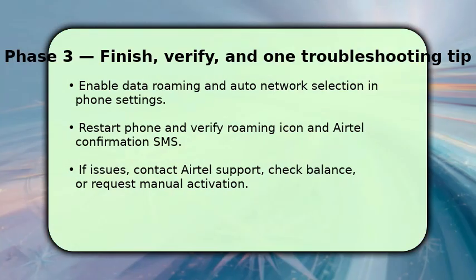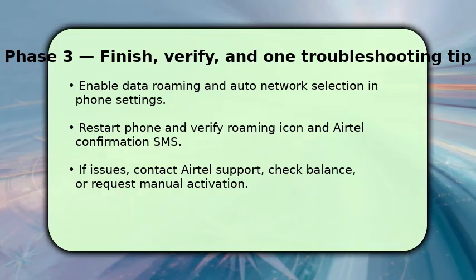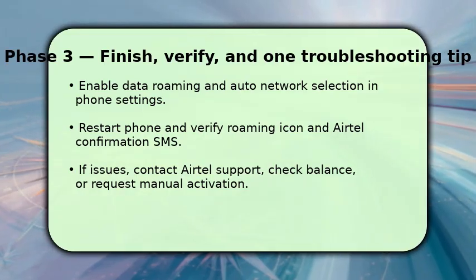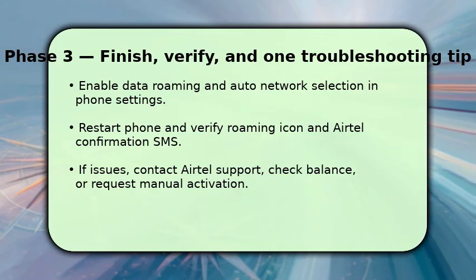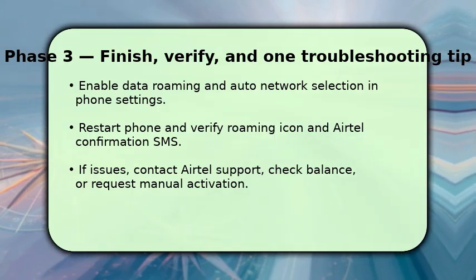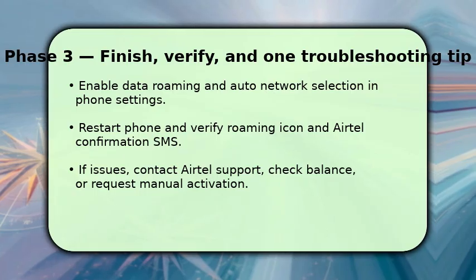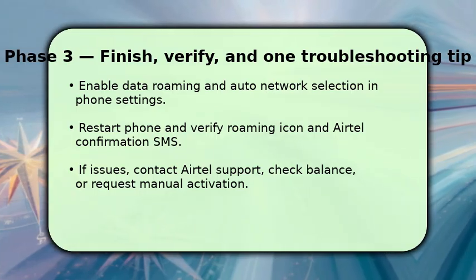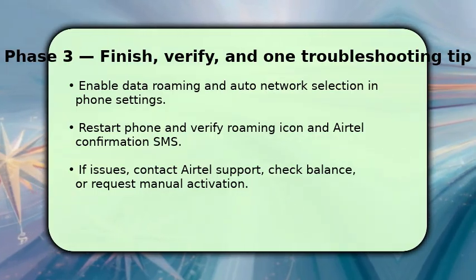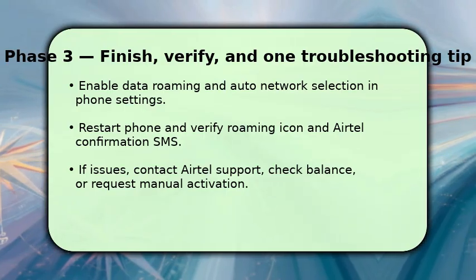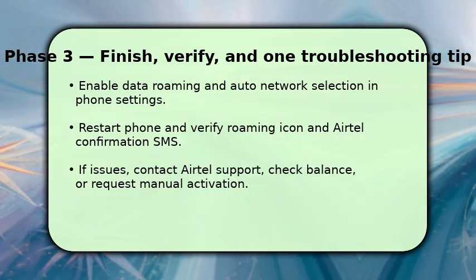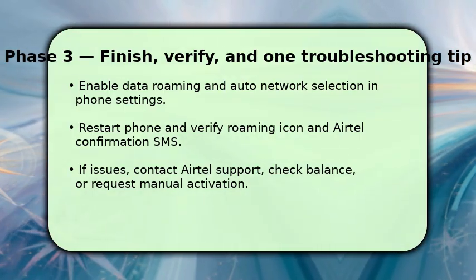To finish, enable data roaming and set network selection to automatic in your phone. This lets your device pick the local partner network. Once done, restart the phone and look for the roaming icon plus the Airtel confirmation SMS. This proves activation. If service fails, first check account balance and pack validity, then contact Airtel support for manual activation